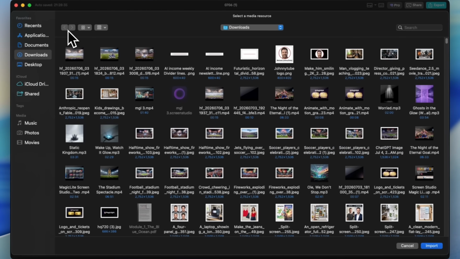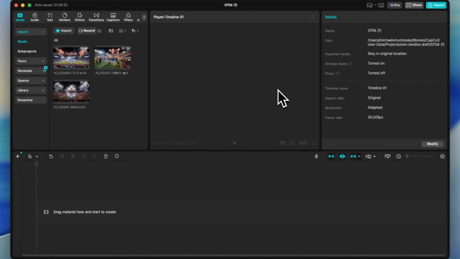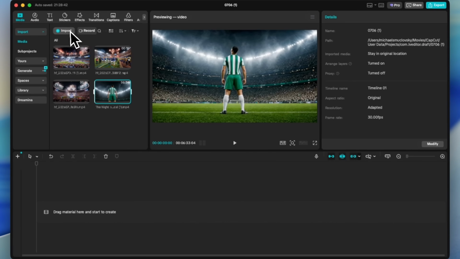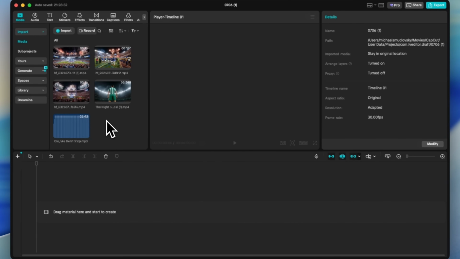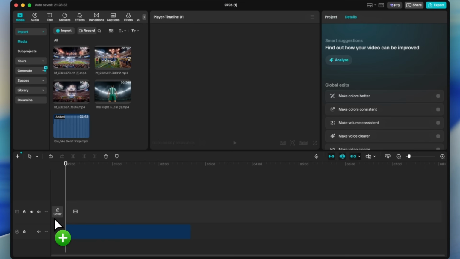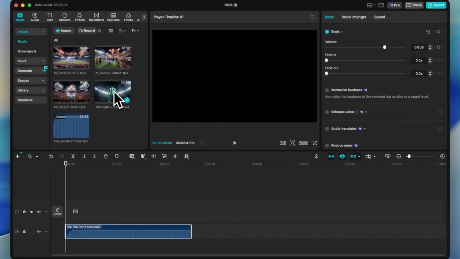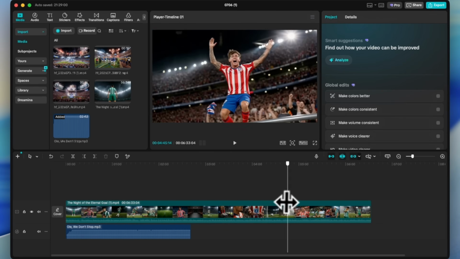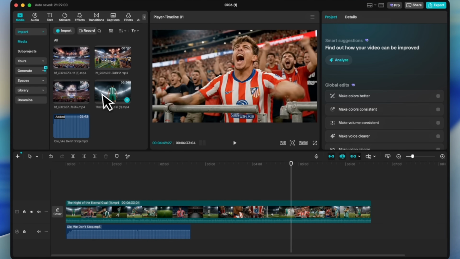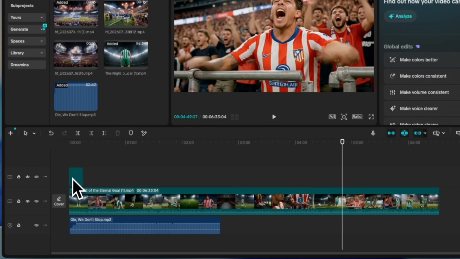We're going to import the video of the soccer players here that we grabbed from MagicLight as well. And then we're going to import our song that we created with Suno. So all we're doing is importing different clips, and we're importing the anthem that we made in Suno. We're going to drag the anthem on the timeline here. We're going to drag the 6-minute video that we created in MagicLight of these players here celebrating. And we're going to drag all of these other videos onto the timeline as well.